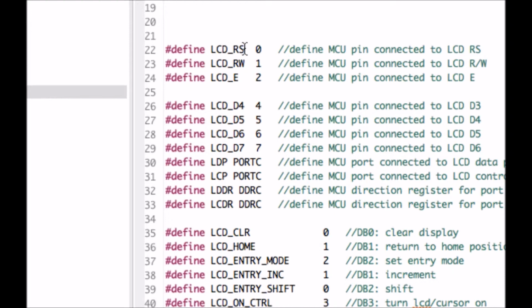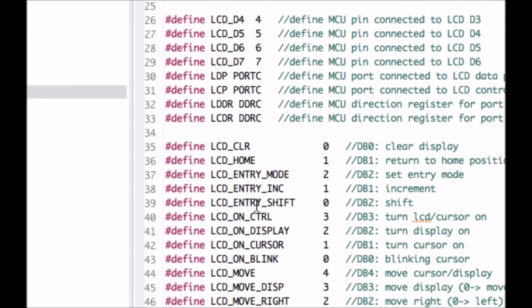Like here LCD RS 0 means the RS pin of the display is connected to the 0th pin of the port. Similarly, RW is connected to the first pin of the port, E is connected to the second, D4 is to 4, D5 is to 5, D6 is to 6, D7 is to 7, and all these pins are used from port C of the microcontroller.